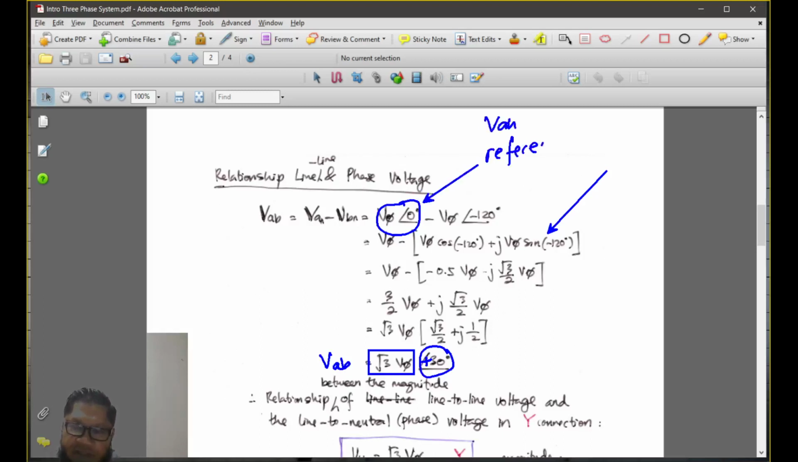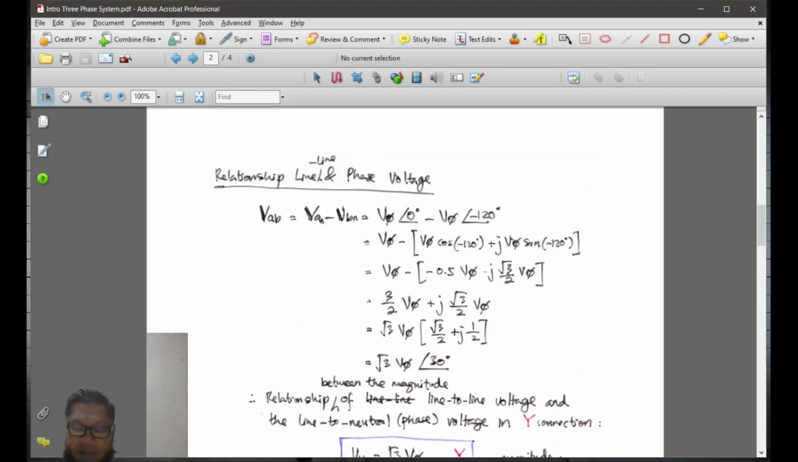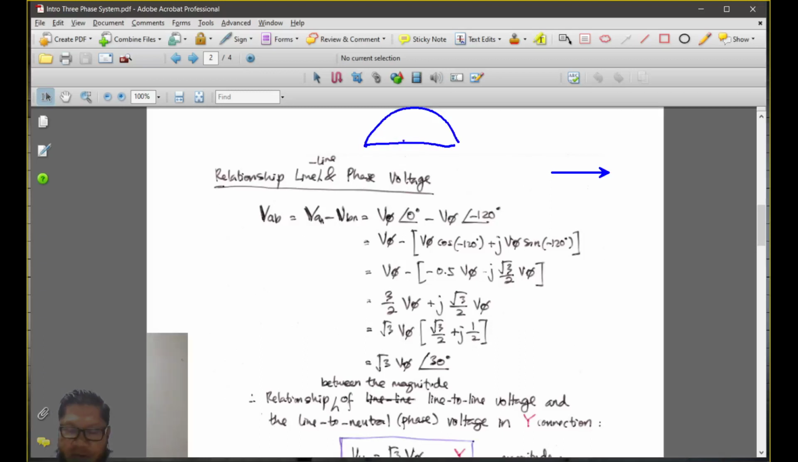VAN is your reference voltage. So that's why we solve it mathematically. You use a mathematical method to solve, or you can draw. If you have a proper ruler and a protractor, the one with the angle, you can measure exactly the 130 degree there, and then you make sure that you have the